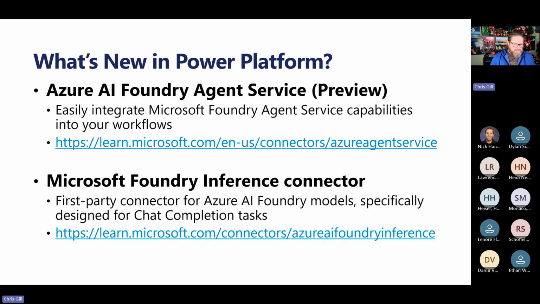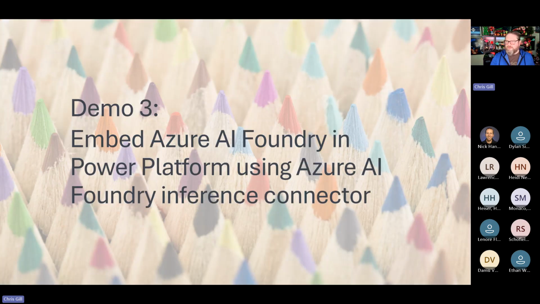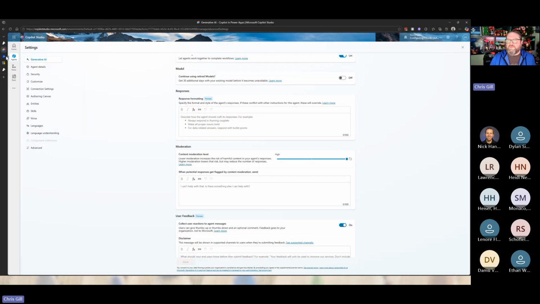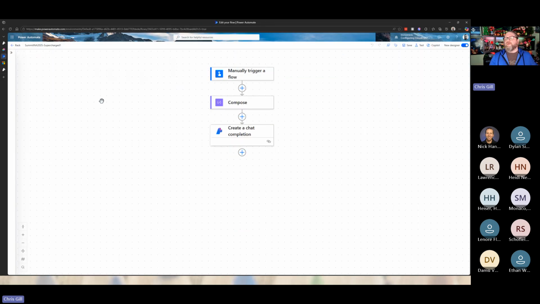So, last quick demo. Hopefully the demo gods and goddesses are still with us and happy. This one's already pre-built, but I'm just going to throw us into Power Automate. Hopefully you've at least had some experience with Power Automate, but all I did was create a basic flow: manual trigger flow, compose message, but where we're really going, Microsoft has yet to update this branding, but this chat completion piece is just that.